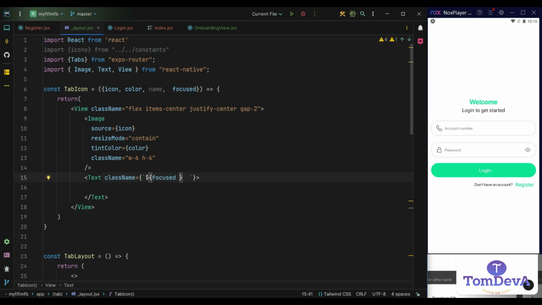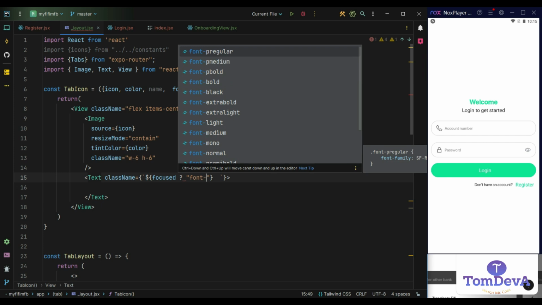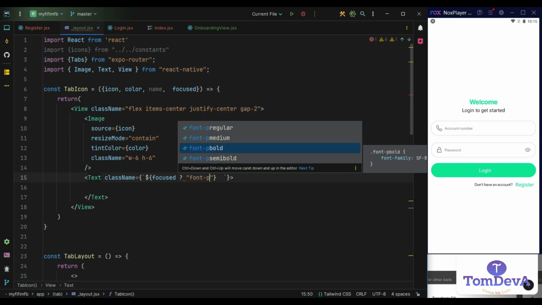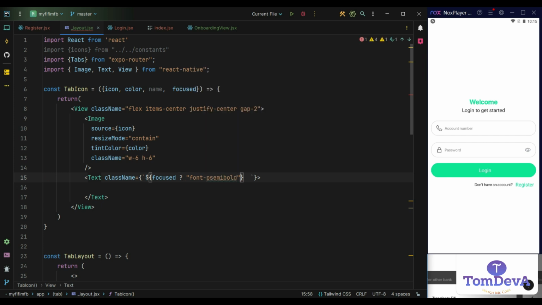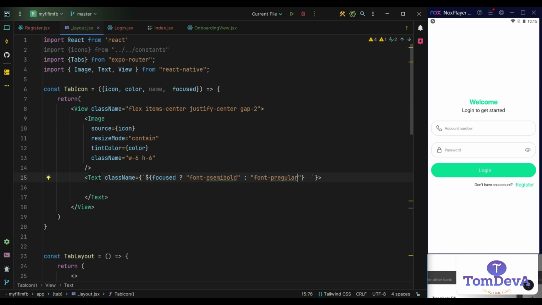So if focus is true, we should have font, which is p semi-bold, this one, and else we should have font.p regular, and if not so, we should just have our text as Excel, our default text as small, and